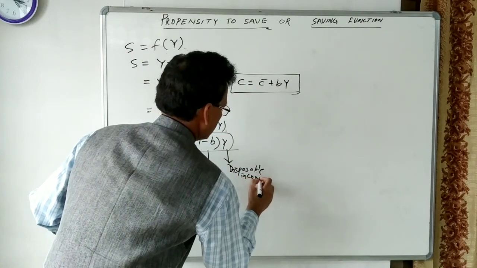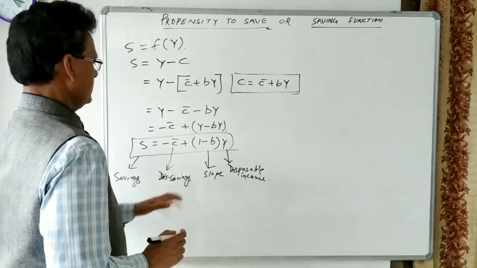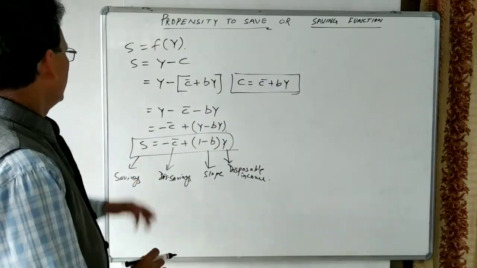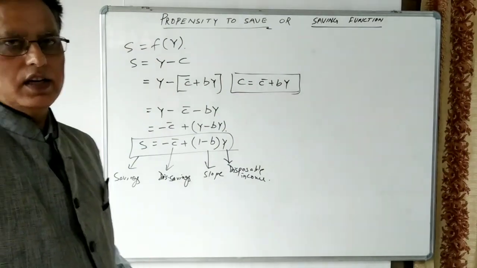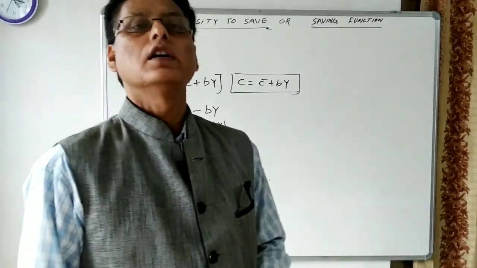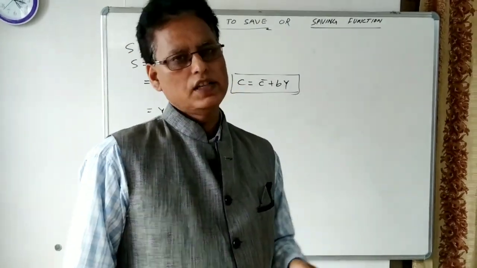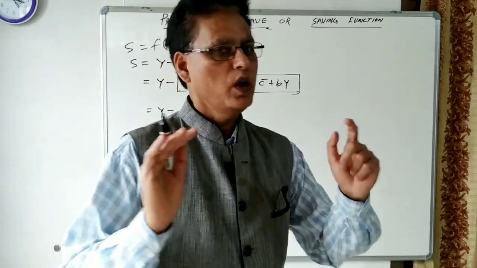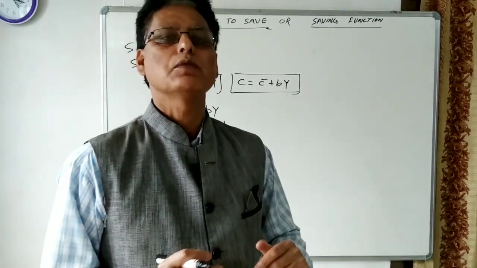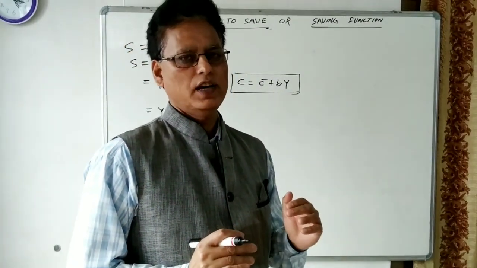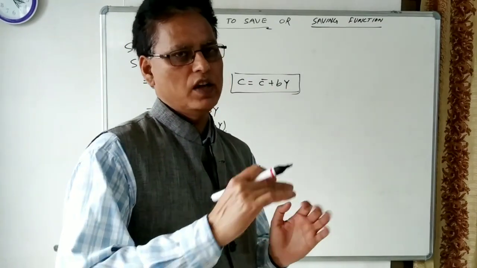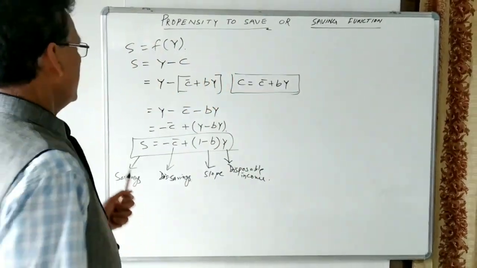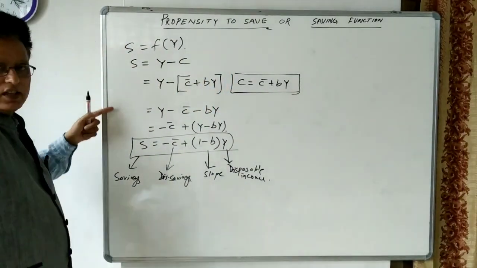Disposable income means income after the payment of taxes. So I think this equation is clear to all of you. We know when income increases, saving will also increase. But what happens? When income increases, consumption also increases, saving also increases. But if you see the proportionate increase in consumption and the proportionate increase in saving, we will find a difference. The proportionate increase in consumption will decrease after a certain point, but the proportionate increase in saving will go on rising when the level of income increases. This is a different aspect of saving.